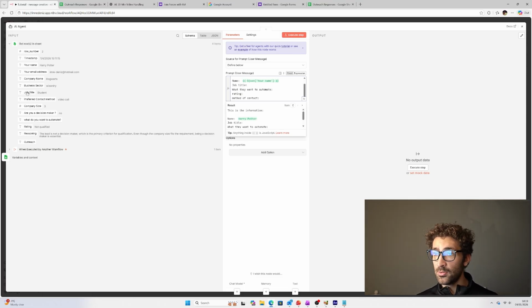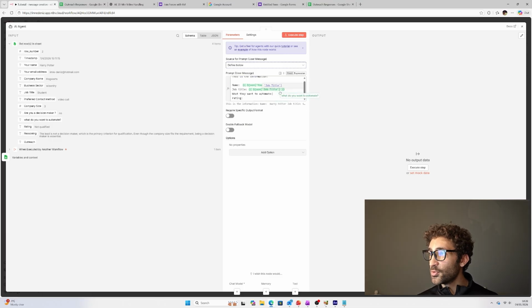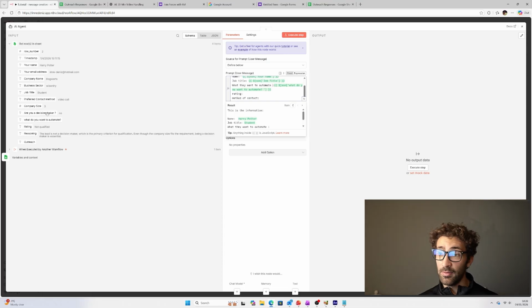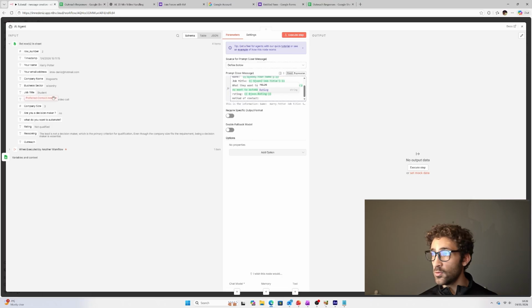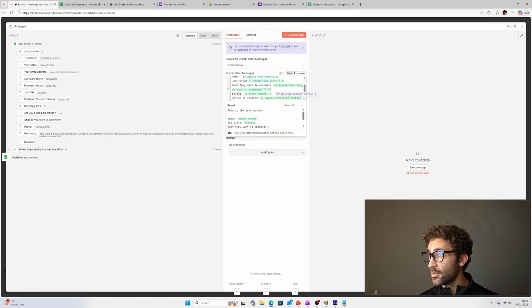Name, job title. Job title, what they want to automate. So I believe what they want to automate, I think that's empty because I added that in last minute and I haven't filled it in. But it would just be empty in this case. Method of contact. Do we have that? Preferred method of contact. Okay. So now the AI agent knows where to find the